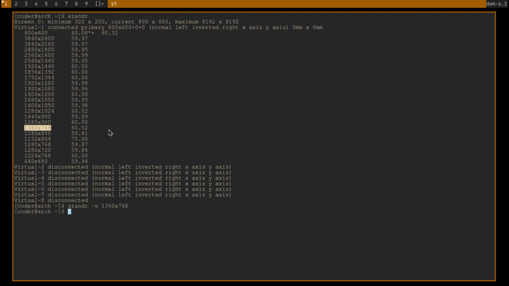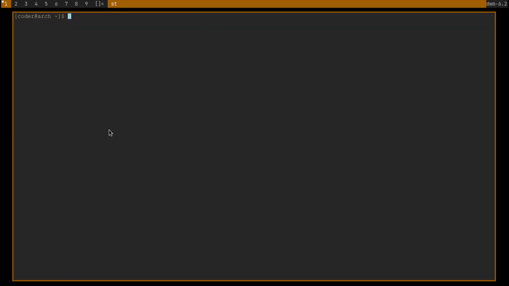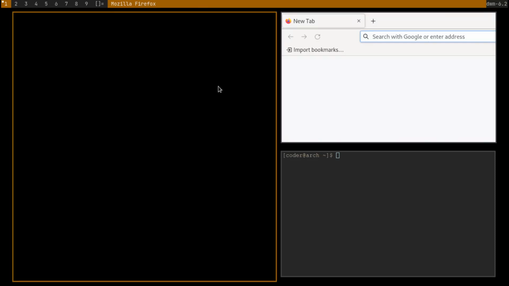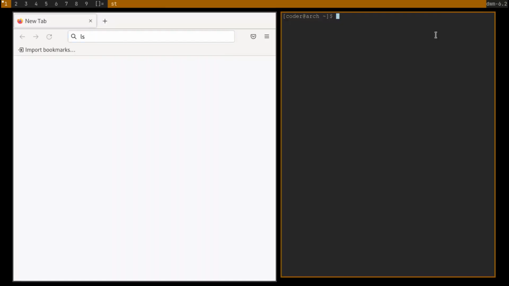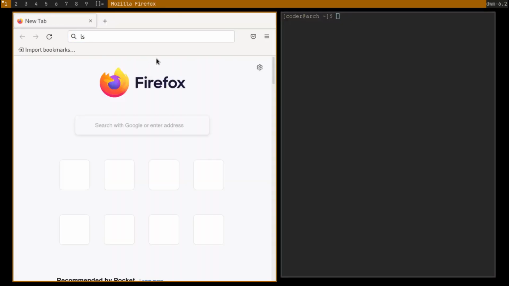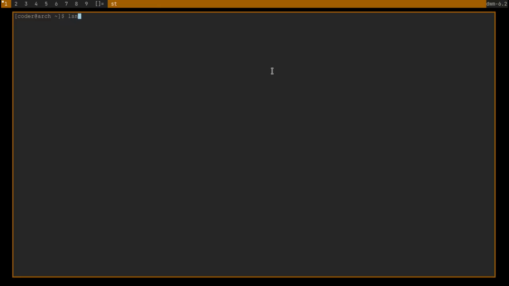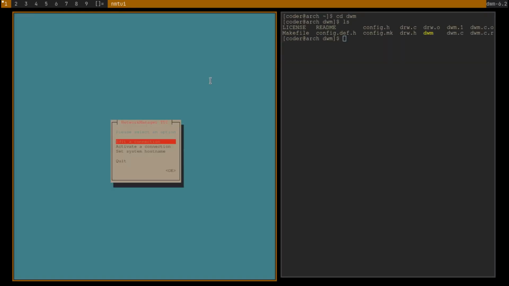Now if you press mod W, it should open up Firefox. If you press mod shift W, these are the key bindings I have added to my build, but you can change these.